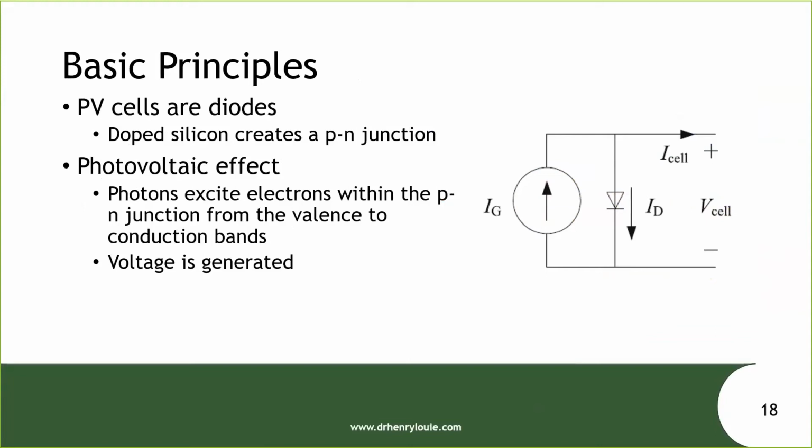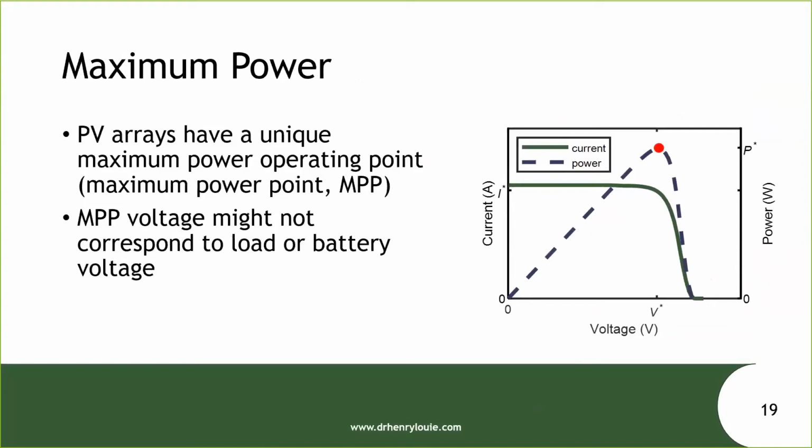And one of the things that we can keep in mind from this model is that we're going to expect some nonlinear behavior because there in fact is a diode there. So if we plot out the voltage versus current characteristic of that circuit, you would see that it follows that green line in the plot on the right. So the current is fairly constant for a wide range of voltages, and then the voltage is fairly constant for a wide range of current.